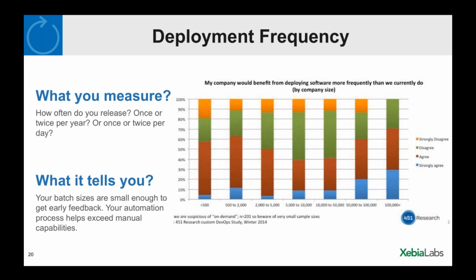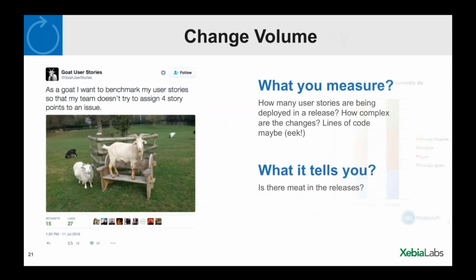So we now have some measures that are suggesting to us where the bottlenecks are that are causing us to ship our software less frequently, and that's making the actual process take longer. Well, the next step would be to say, what is it that we're actually releasing? Releasing frequently is only important if what you're releasing is valuable. So thinking about the volume of changes in the releases is a really important metric to bring into the conversation. So if you have on your dashboard, what's my change volume?